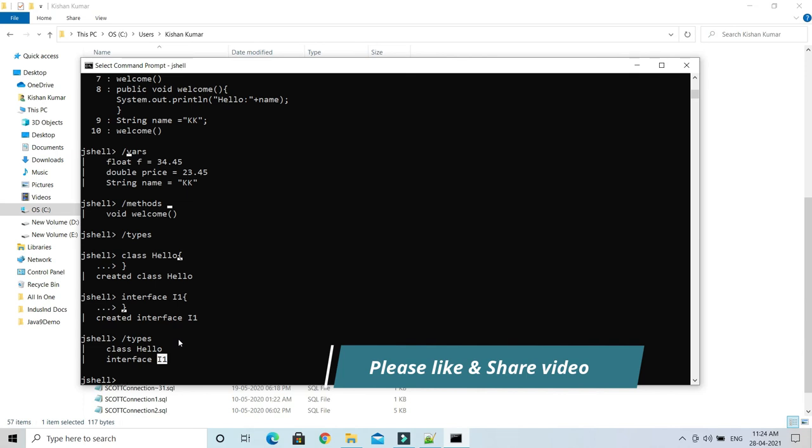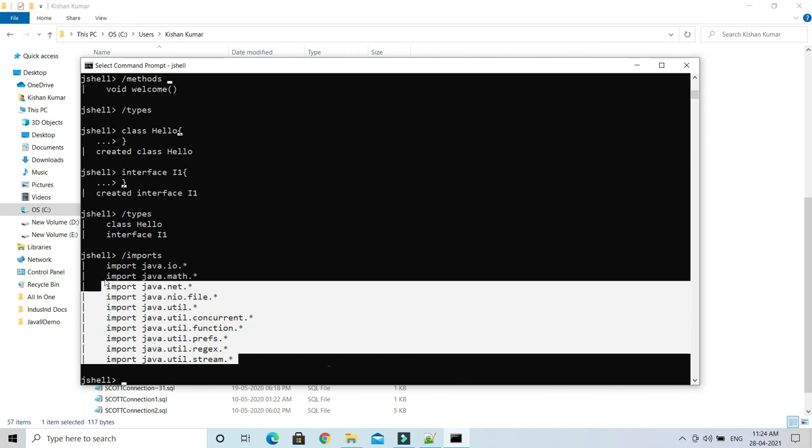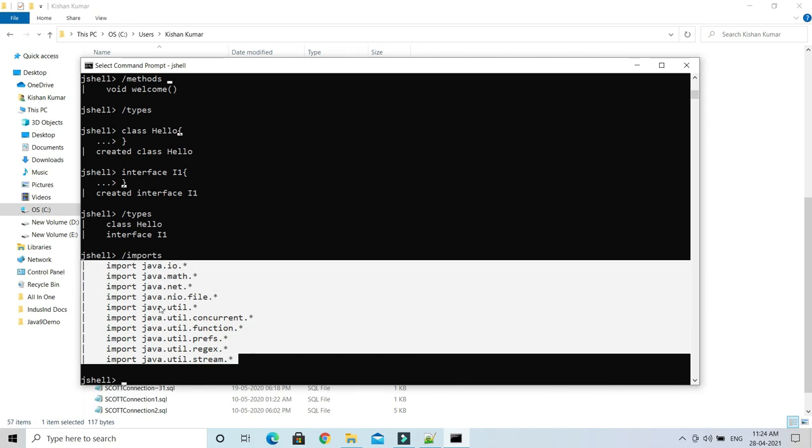Now the next command we are going to talk about, which we already talked about in the previous video tutorial but I would still like to cover here, is imports. Imports will give you the list of all the packages which are imported by default.